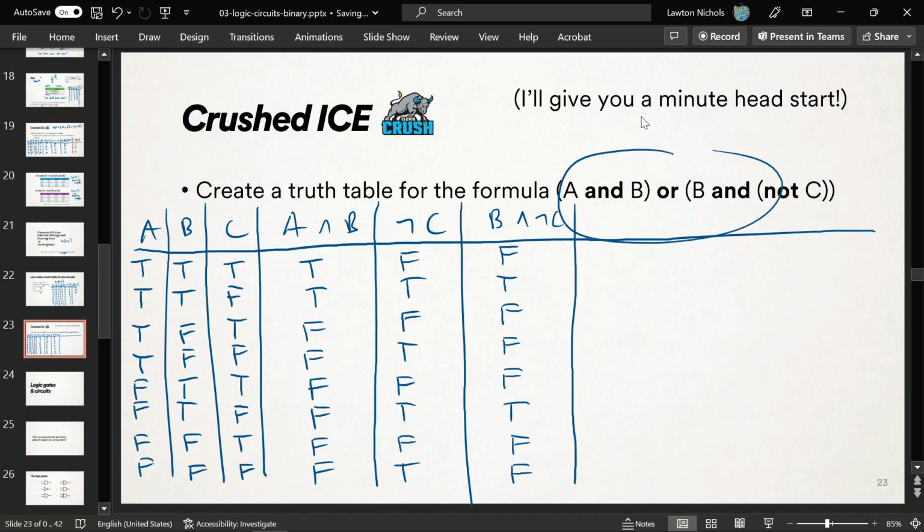And then the final answer was to OR those two together. Now I have A and B, here it is. Now I have B and not C, here it is. I want to OR them, and that's the final answer. A and B ORed with B and not C. So let's OR these two together, and so just take a true when one of the